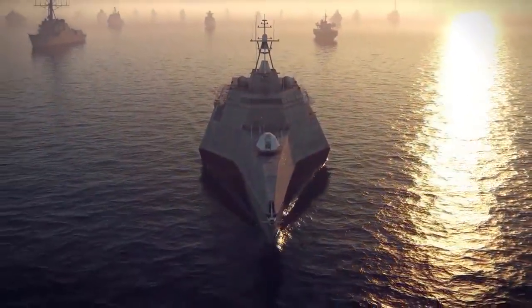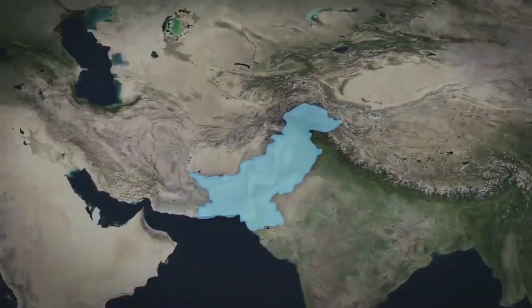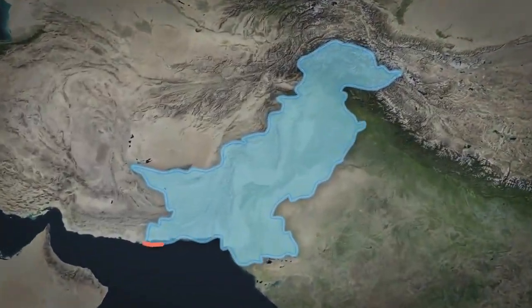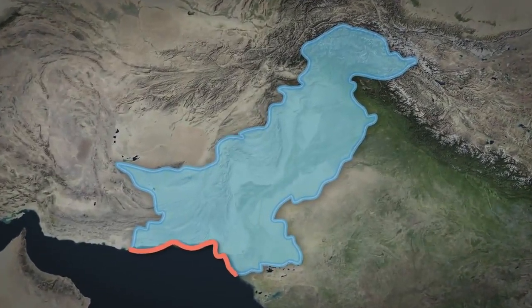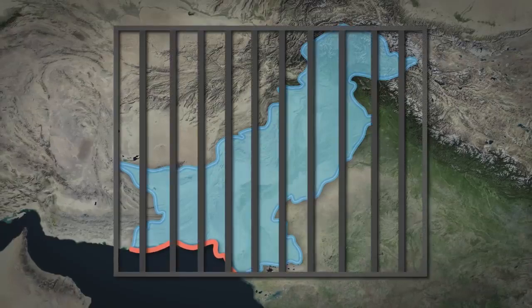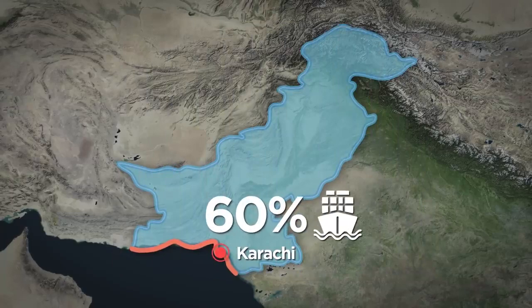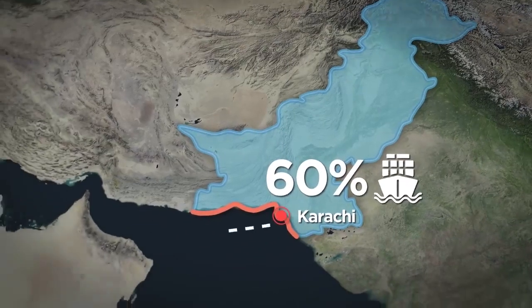Further complicating things is that Pakistan is a relatively easy country to blockade. She only has a narrow stretch of coastline here in the south on the Arabian Sea, and only a handful of significant ports on it that, if eliminated, can effectively transform Pakistan into a landlocked state. The port of Karachi alone handles 60% of all of Pakistan's cargo,